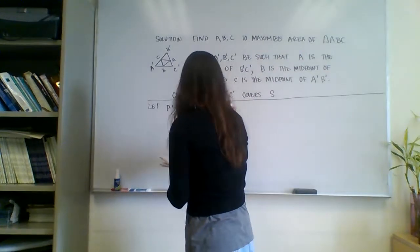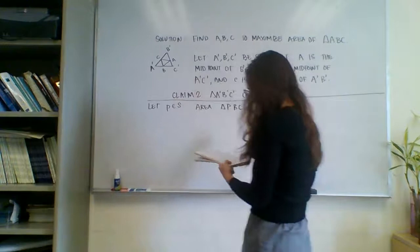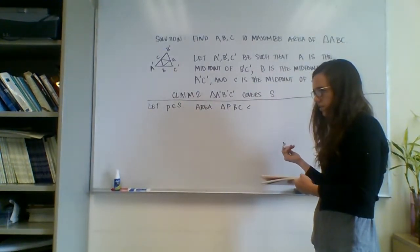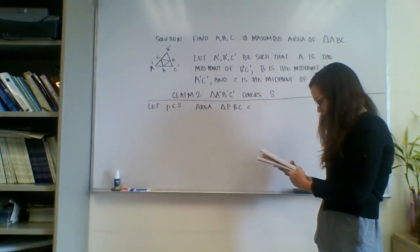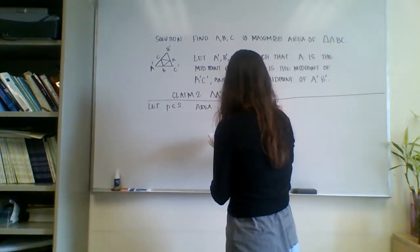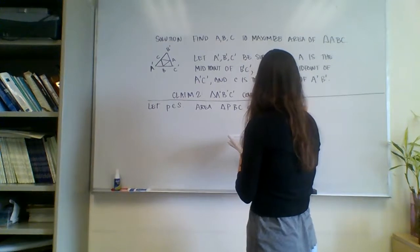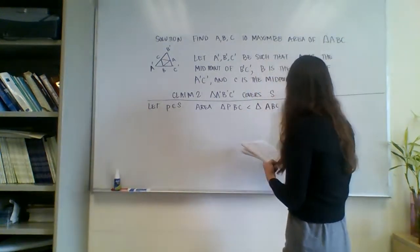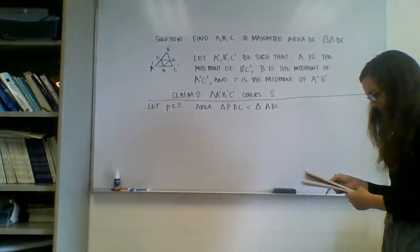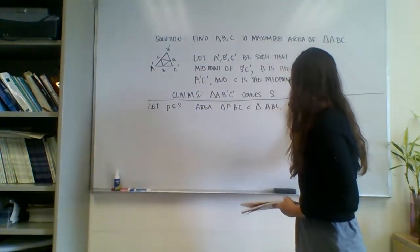The area of triangle PBC is less than. I was just thinking, should we say less than or equal to? But if it was equal to, then we just use those points instead. So the area of triangle PBC is less than the area of triangle ABC. This is given, I mean, this is because of the hypothesis. So P must lie